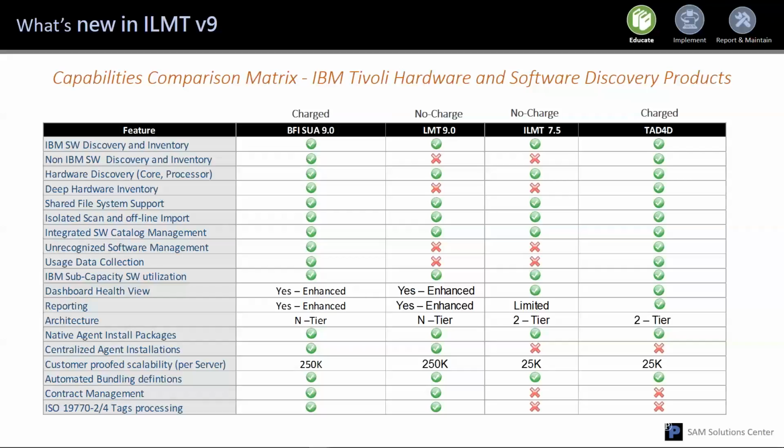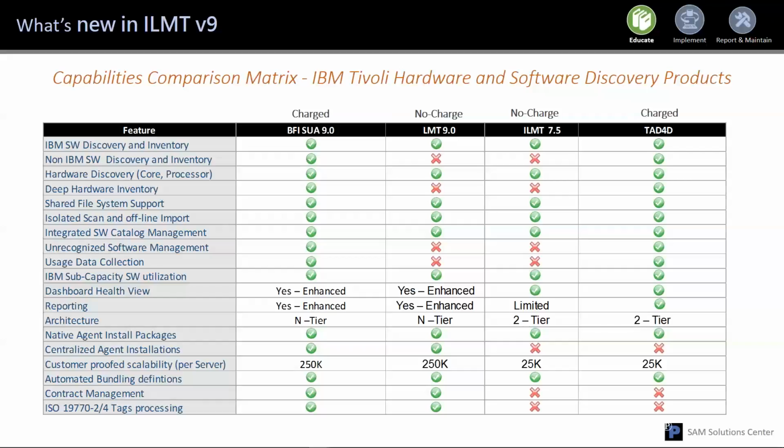Version 9 has a multi-tier architecture with what we call relays, and what that provides for you is a lot of stability and hopefully a reduction in agent reporting problems: agents that go offline, missing scan data, that type of thing, those statuses. The last two lines are part of the items that